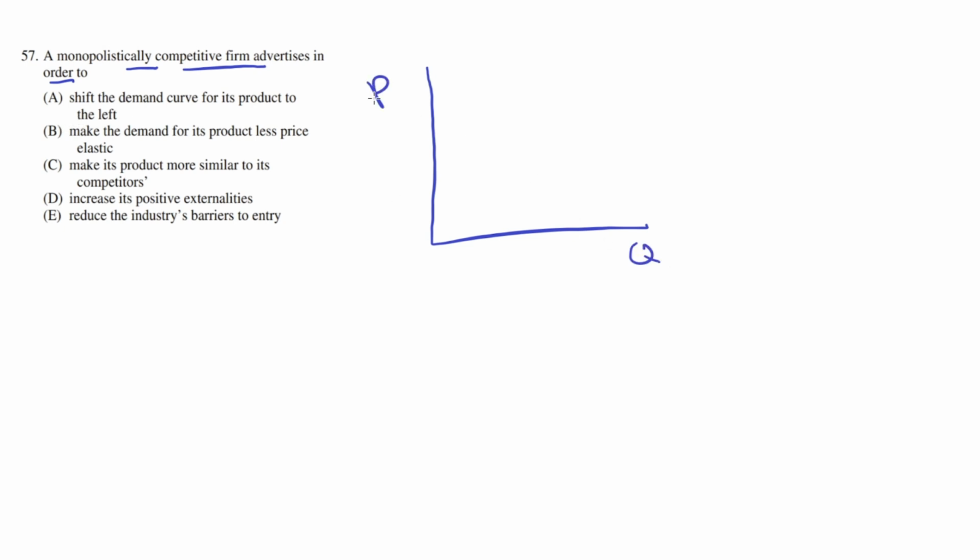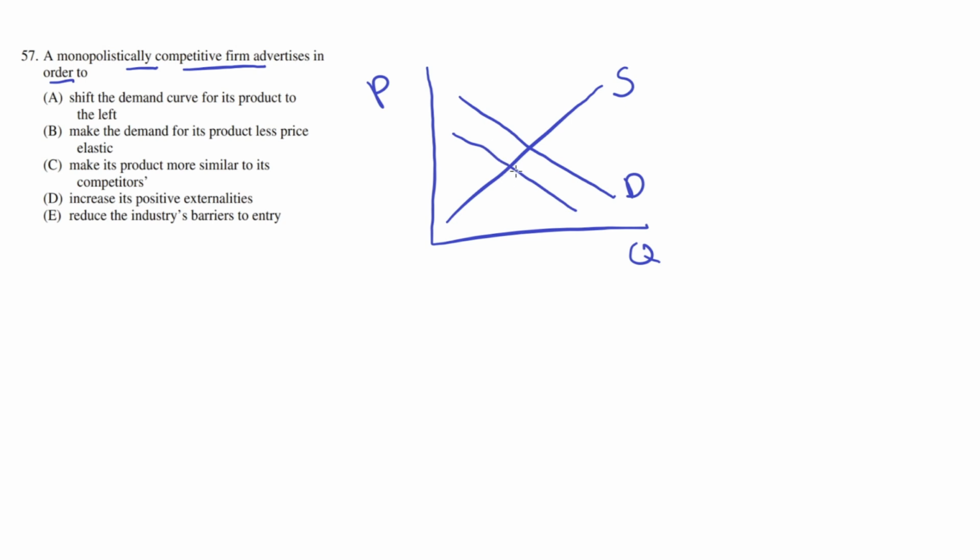Option choice A says, shift the demand curve for its product to the left. So for this, we can draw the graph out. This would be supply, this would be demand. Now, if the demand is shifted to the left, the price of the good would decrease and the quantity produced